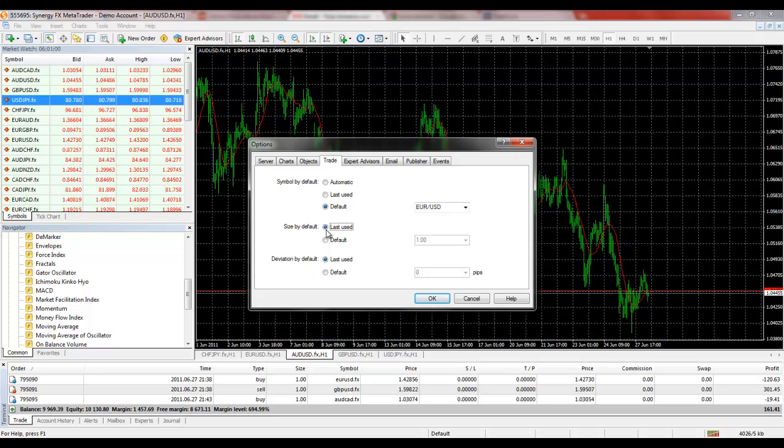Your trade size, you can either have last used, which is the last order you placed, or default trade size that you can enter. So if you only trade, let's say, one mini lot at a time, you can put the default in as one mini lot. Your deviation default is the maximum allowable deviation that you want to use for your trading. So if the trade is trying to execute at a certain price and it deviates from that price, if you want it to be able to get in at a certain amount of pips away,